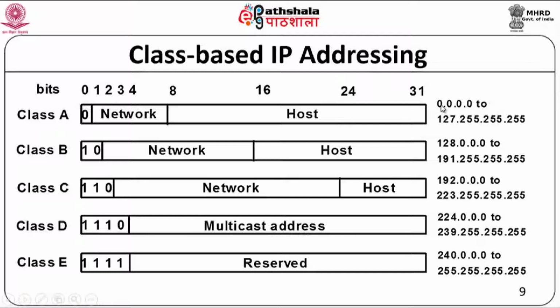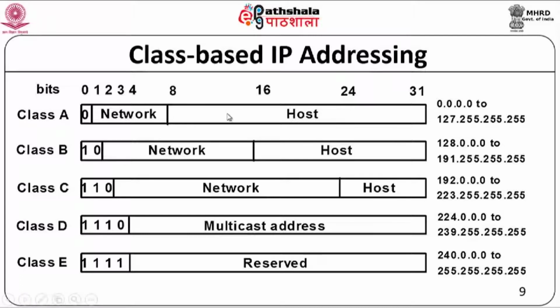Out of this, the 0 to 127, that is the first byte, indicates which network it is, and the rest of the bits indicate the node address. So, how many networks can I have? I can have 0 to 127, 128 different networks are possible, but each network can have 24 bits for the address. So 2 to the power of 24 different hosts, which means every network can have 2 to the power of 24 hosts. So the host addresses will range for each network from 0.0.0 to 255.255.255.